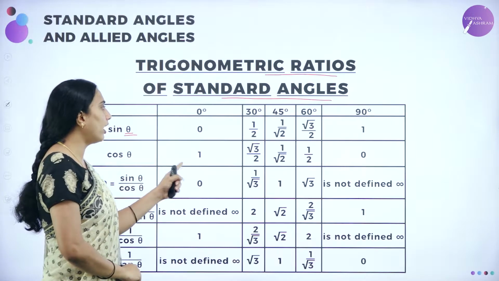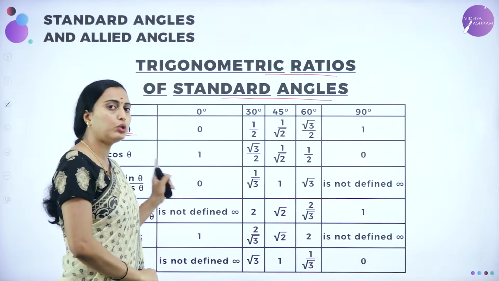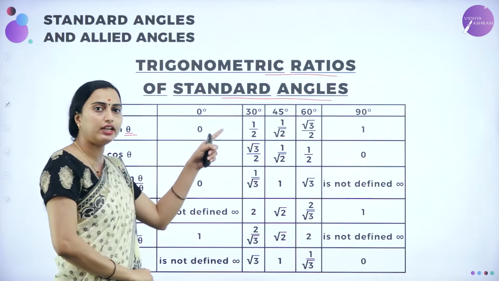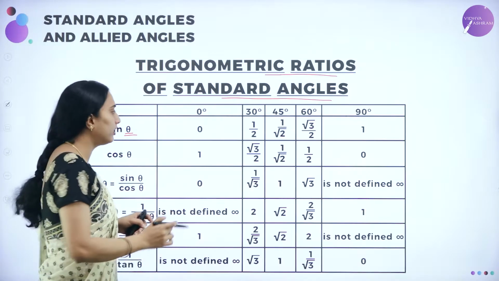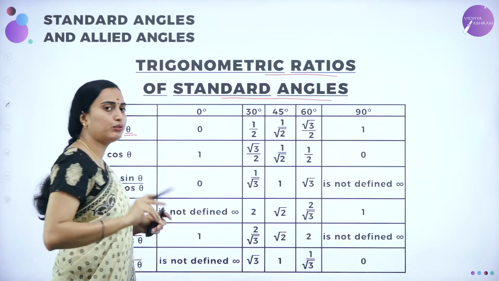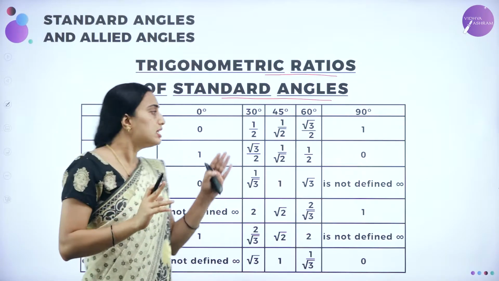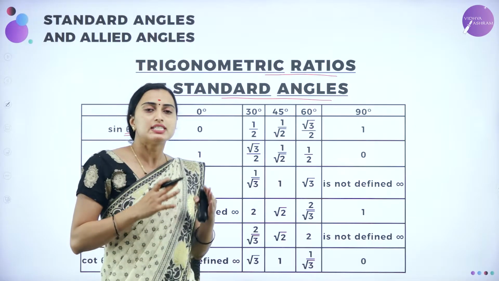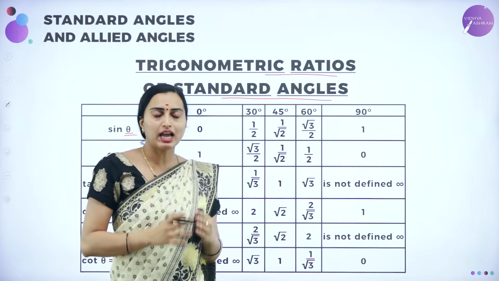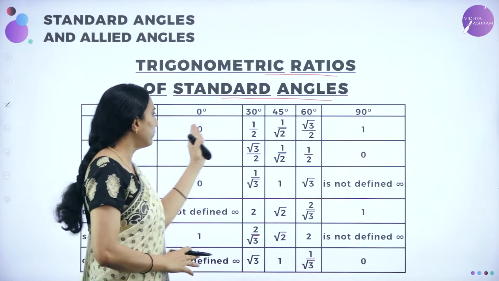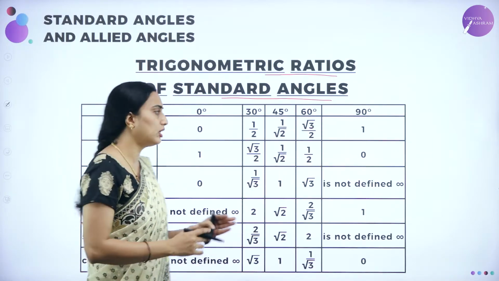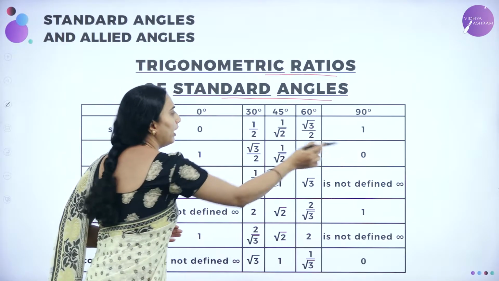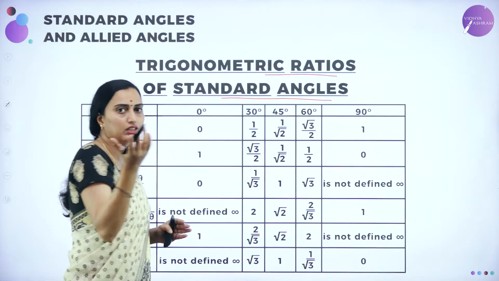Cos 0 degree is 1, cos 30 degree is root 3 by 2, cos 45 degree is 1 by root 2, cos 60 degree is 1 by 2, cos 90 degree is 0. Just do it the opposite way here. See, if you remember only these values, that is sin 0 degree is 0, sin 30 degree is 1 by 2, sin 45 degree is 1 by root 2, sin 60 degree is root 3 by 2, sin 90 degree is 1, then we can write the cos theta, that means the opposite. See, 1, root 3 by 2, 1 by root 2 as it is, 1 by 2 and 0. Are you getting this? 0 will come. That is nothing but the cos.